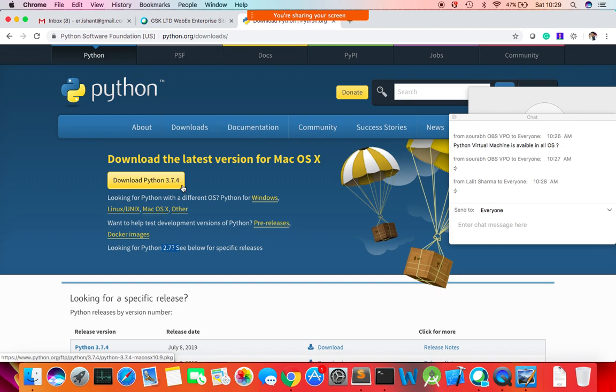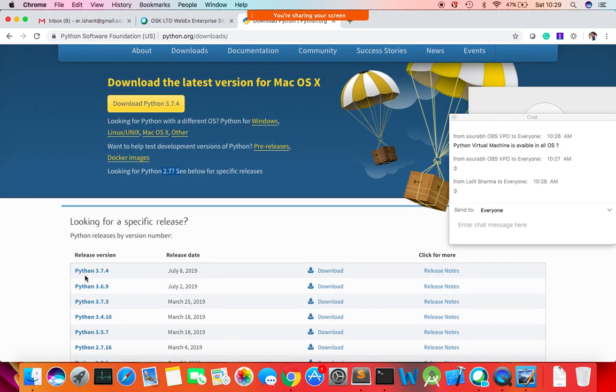And there is a small difference in these two versions. So there is some syntactical difference in these two versions. Once you know the programming language Python, you'll be able to understand the differences very soon. All right. So guys, the first thing first, you need to download this latest Python and you need to install